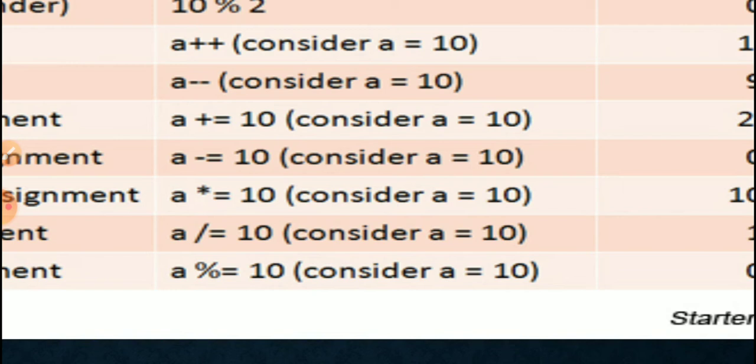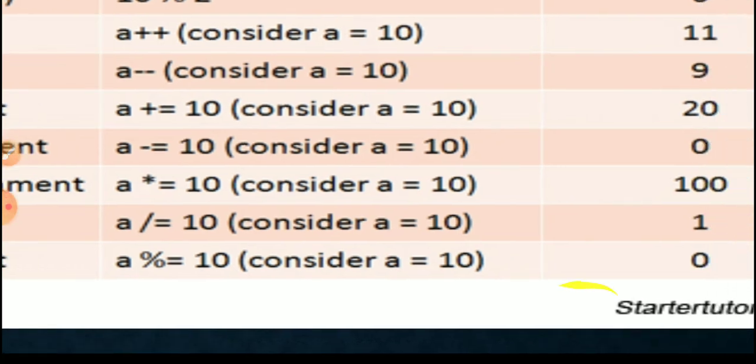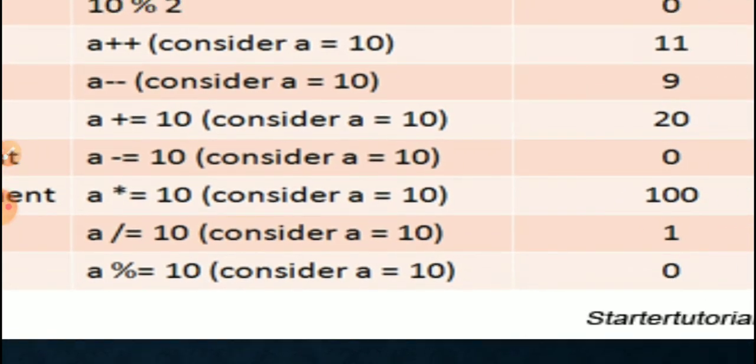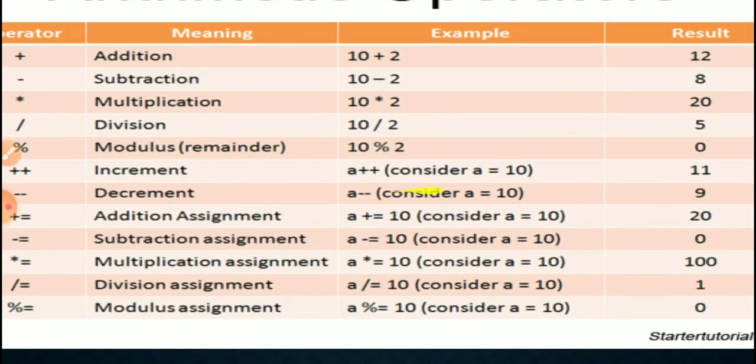So a equal to a modulus 10. When we divide a by 10, we will get the remainder as 0. Okay. So these are the assignment operators: addition, subtraction, multiplication, division, modulus, increment and decrement, assignment, addition assignment, subtraction